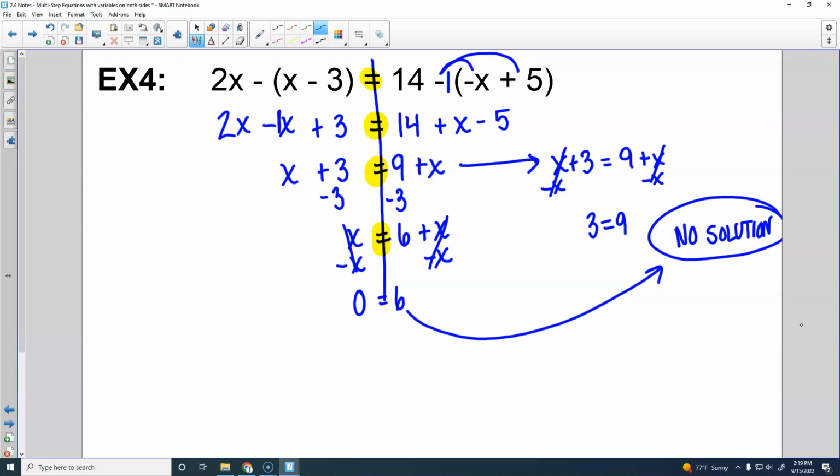Okay, so if you stick to those steps, distribute, combine like terms, move your x's to get them together, and then solve the rest of the equation, that should help you make fewer errors for those. Okay? All right, so I've got